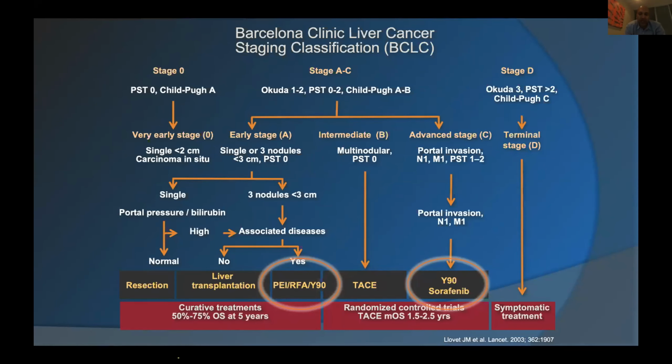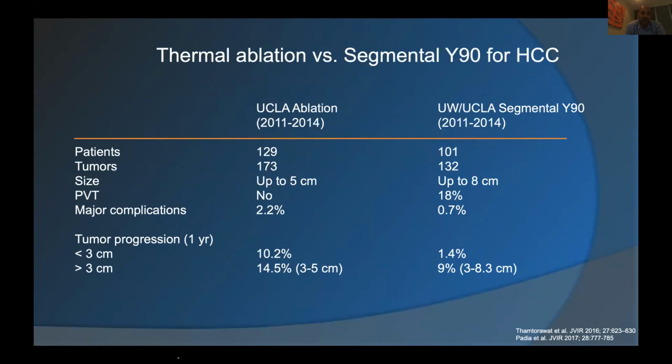So where do I think that it fits in for HCC? Certainly in the advanced setting, again, we could argue about checkpoint inhibitors and so on, but I feel that we could start thinking about using radiation segmentectomy in BCLC-A disease. Now, whenever we think about A disease, we think, well, those should get ablated, right? Stick a needle in, just fry it, and you're done.